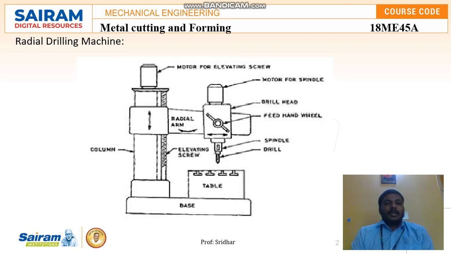Yes, you can see the diagram of a radial drilling machine. Here also, it works in a similar way to the portable drilling machine. Comparing the size, the size may vary between the portable and the radial drilling machine, but the process is the same. Some of the functions and the construction are different. The radial drilling machine can produce larger diameters and greater drilling depths compared with the portable. The spindle size is also much smaller in the portable.